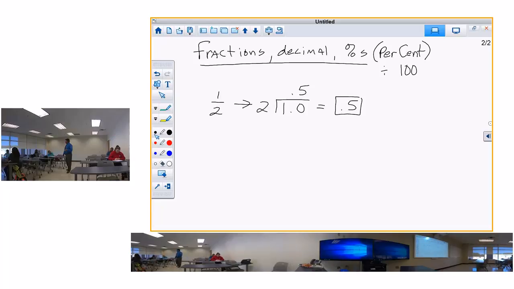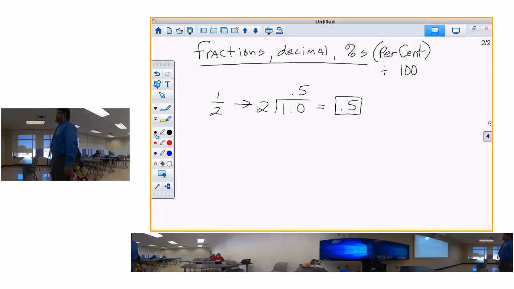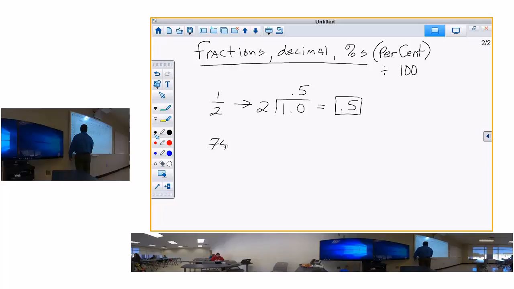So if I gave you 50%, or if I gave you 75%, then you would divide 75 by what? 75 divided by 100, and that's 75%, and I could change that into a decimal by going 0.75, or I could change it into,